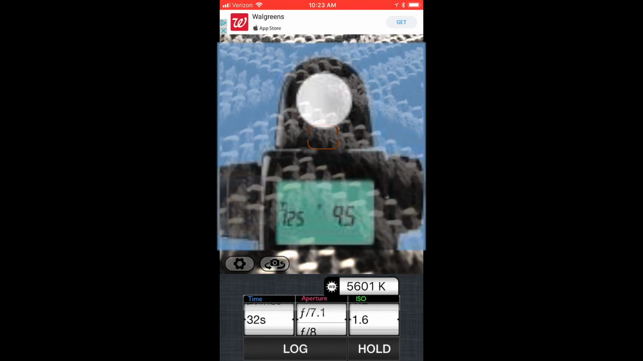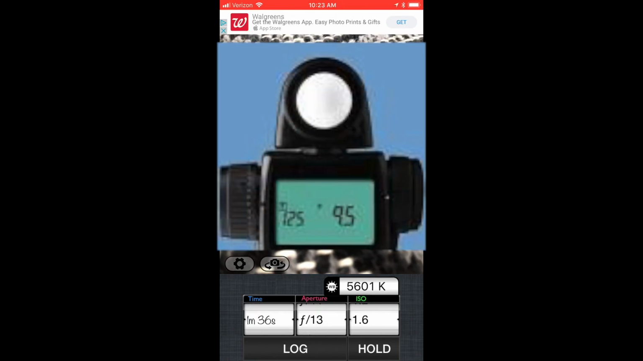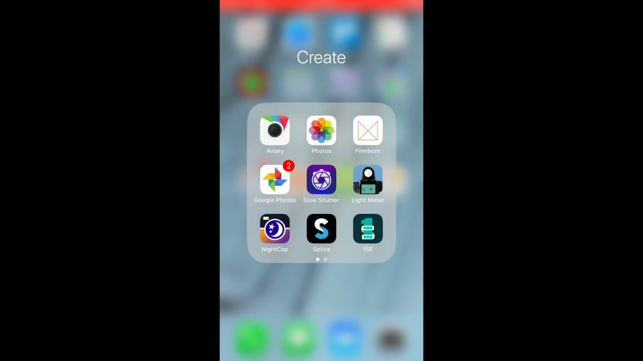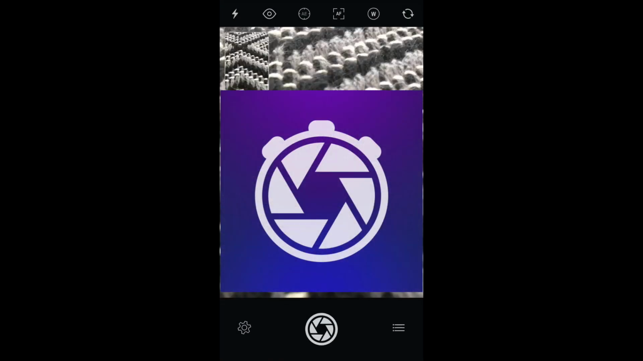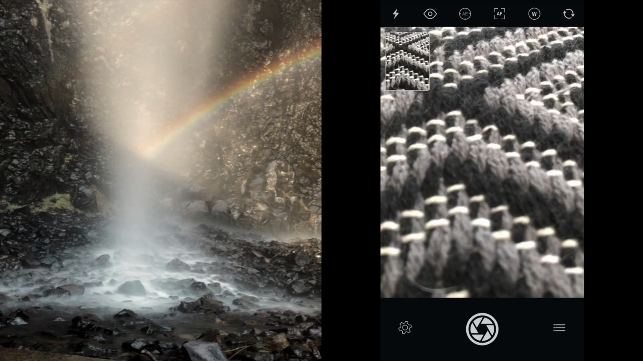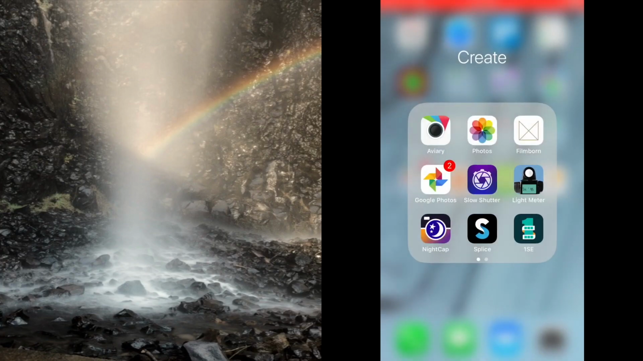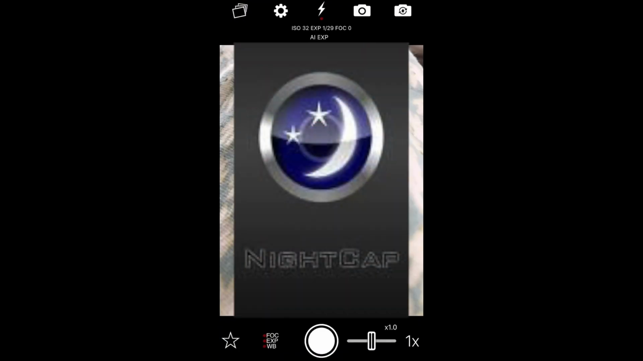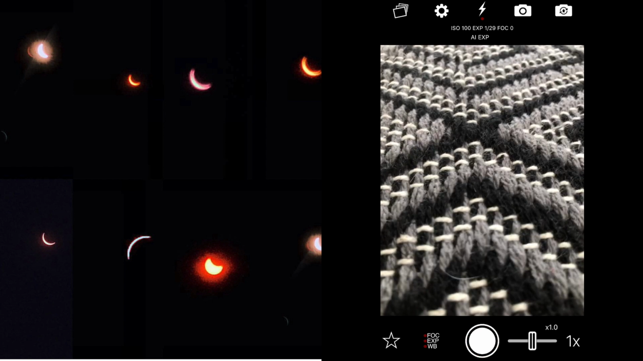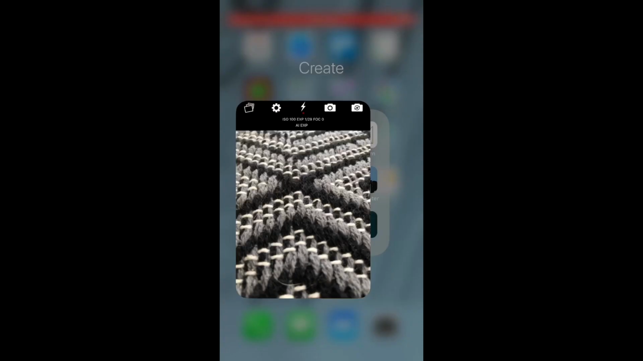I use Light Meter for pinhole photography because I need to be able to put in a specific aperture and get an exposure time. So that's pretty much my main use of that app. I love Slow Shutter. Again, I will link a video for this below. This I use for waterfalls and anything I want to blur motion for. I've got my Nightcap, which I use for night photography. I used it a lot when I shot the eclipse,